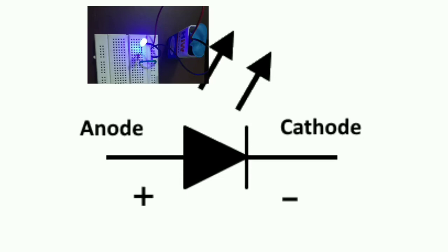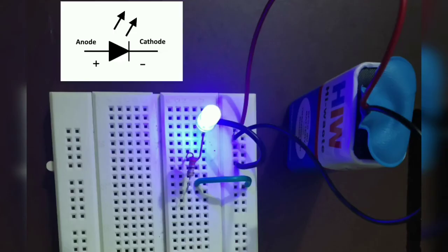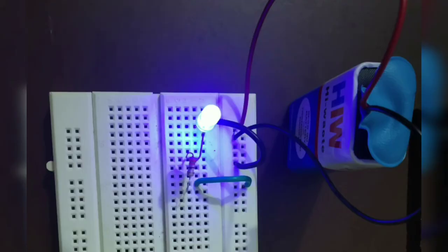On corner, you can see an image. In that, LED is connected to battery on breadboard. And also, you can check how to glow LED on breadboard that I have already uploaded on my channel. You can check link for this in description. If you increase the amount of current, the intensity with which LED glows increases. So, it is the current which decides how bright LED will glow.